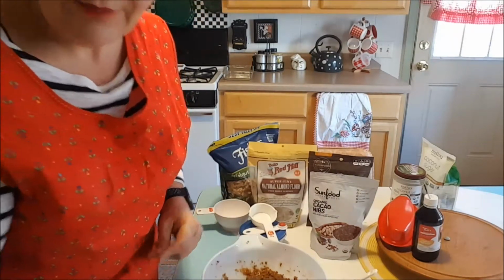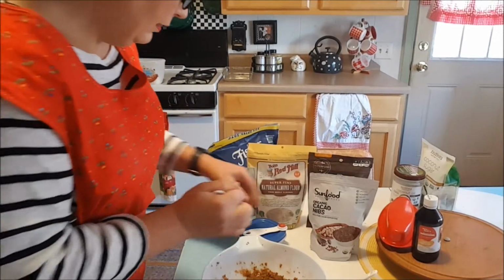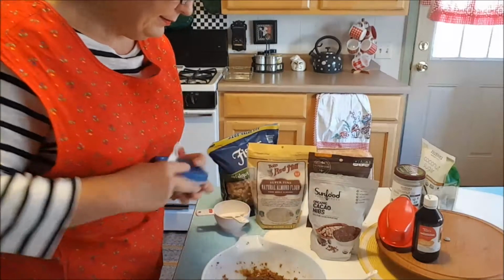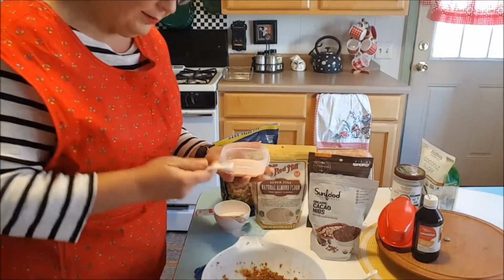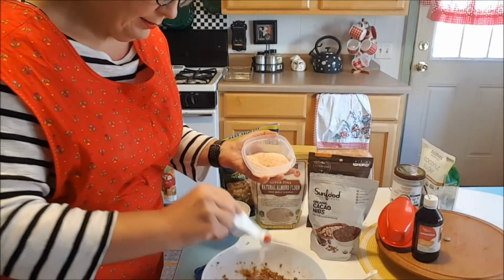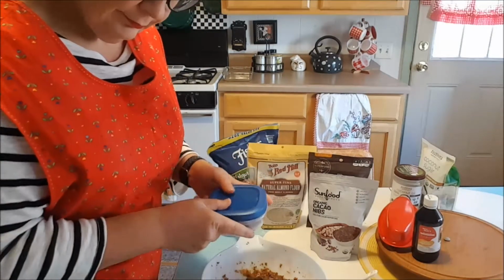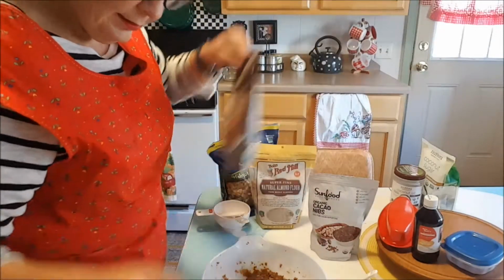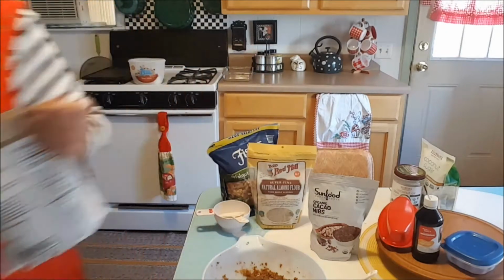Okay, let's see how much flour that was next. Okay, so that is half of a teaspoon of sea salt, and half a cup of the cocoa powder,